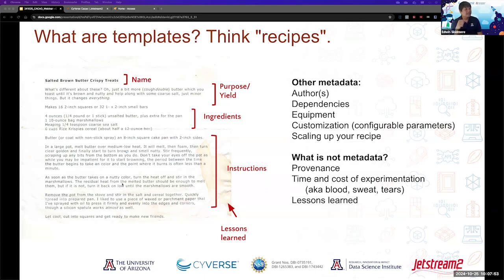A really great recipe will have things like, how do you customize it? How do you swap particular ingredients for another that will produce the same delicious recipe? It'll have instructions about how to scale. And it may even have instructions about if you're going to use different equipment or use it in a different environment. Maybe if you're going to use it in a microwave versus in an oven, you might have different instructions. Next.